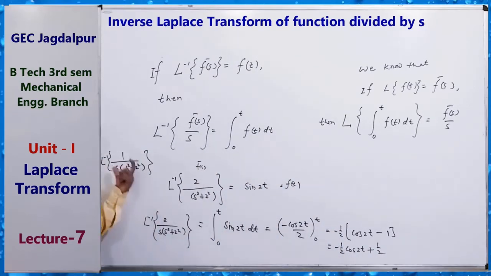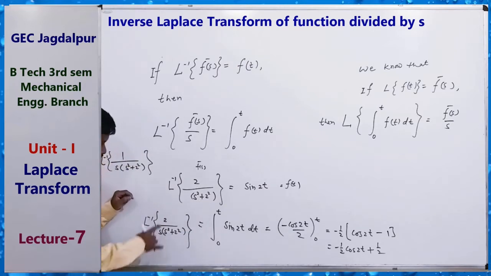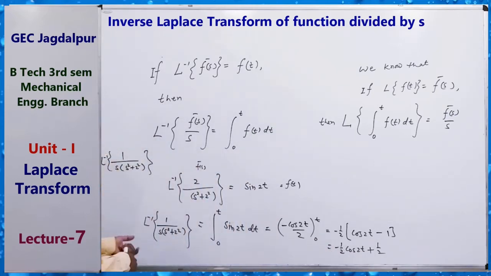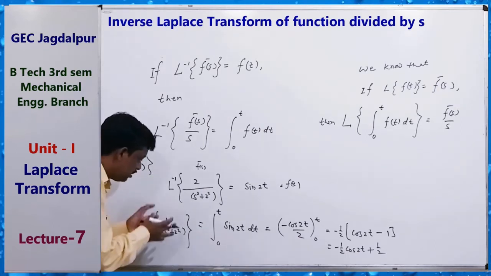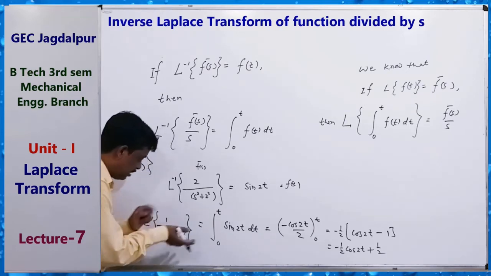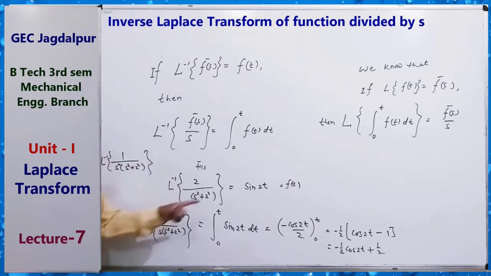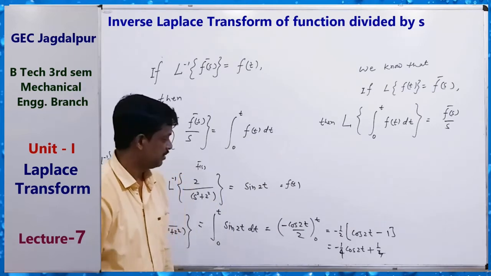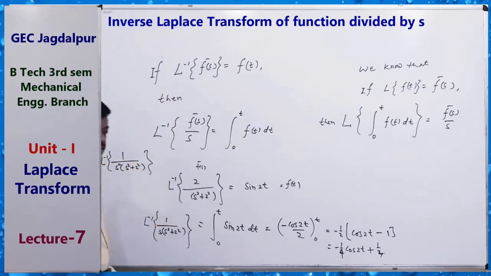So L inverse of this equals this by using this formula. Again, 1 as a constant can be taken to the right hand side from here. So here it will be 1, and in that case 2 can be taken here, 4. We can find the inverse Laplace transform. If there is s square, then again apply this formula. In that case, it will be Fs bar again divided by s, meaning s square. Then again integrate this. Then you can get the result. So this is an important formula. Okay.